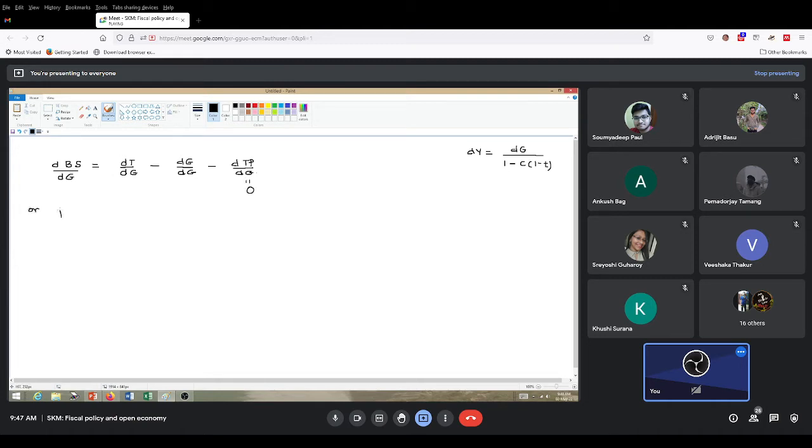Or we can write, for simplicity it's better if we write it in this way, dT minus dG. Okay, let's use this form. We know that dG is equal to this,